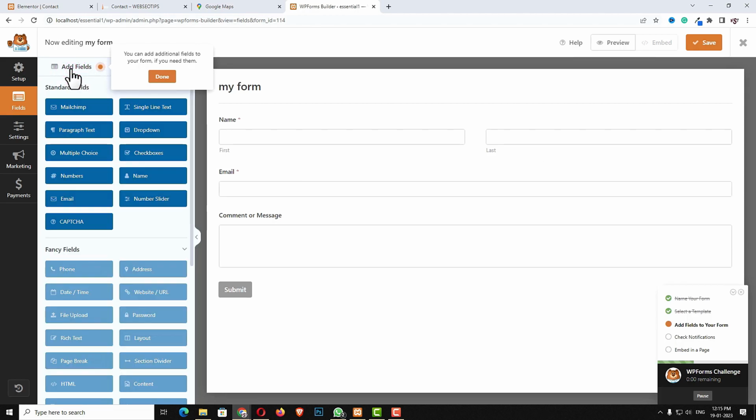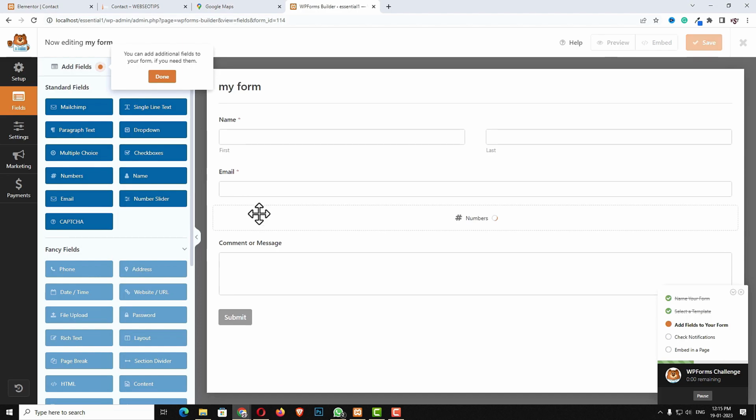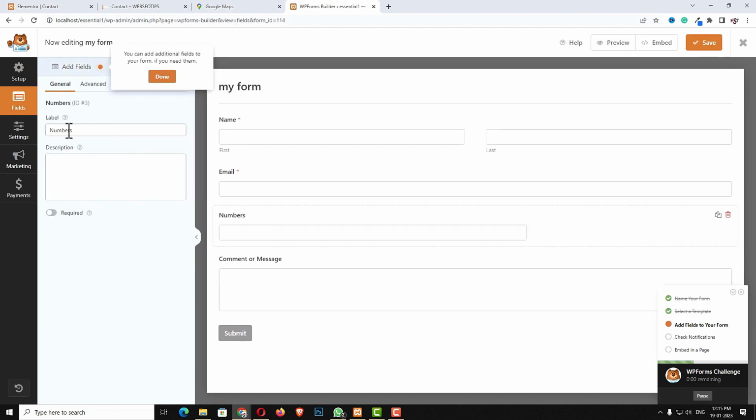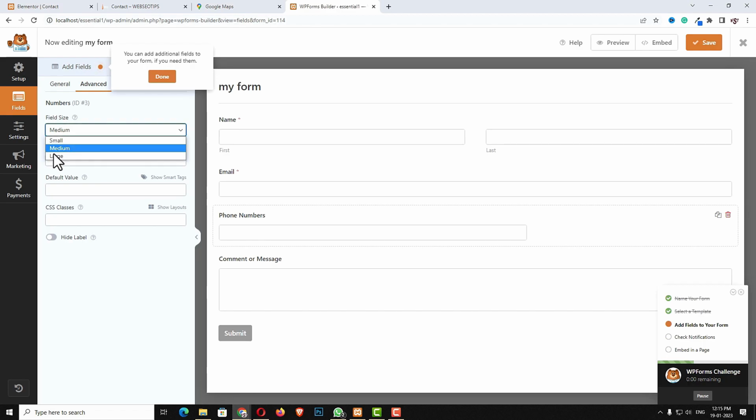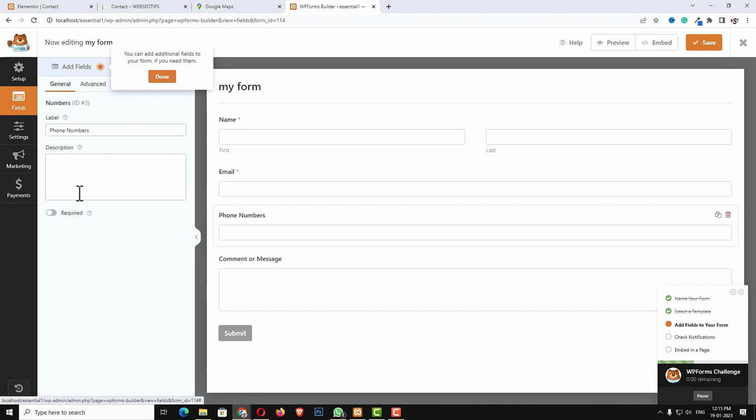Suppose I need another extra field. Suppose I need the phone number field also. So for that, here you can see the number field is there. Just drag and drop it here like that. And after that click in this, and the label I want it should be phone number. Okay. Now come back to the advanced option, make it large, come back to the general again, and it's required field. Yes. So after that I have to click in the save option, and once it's saved, again I have